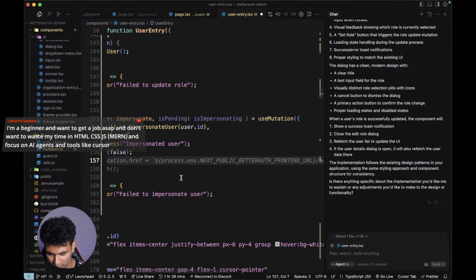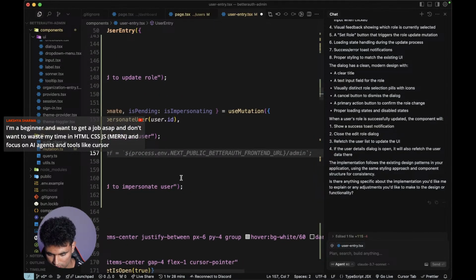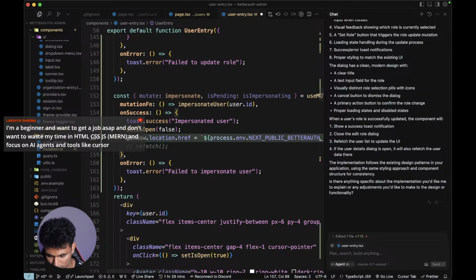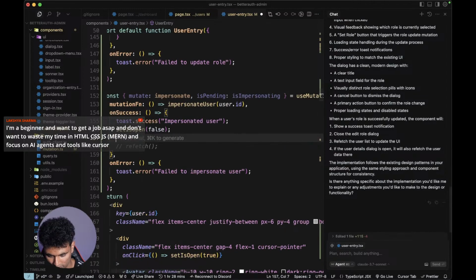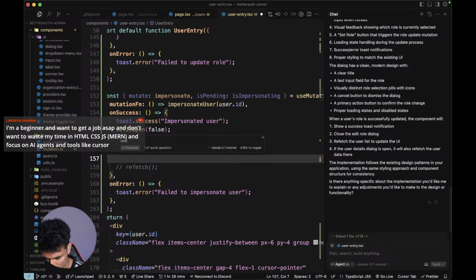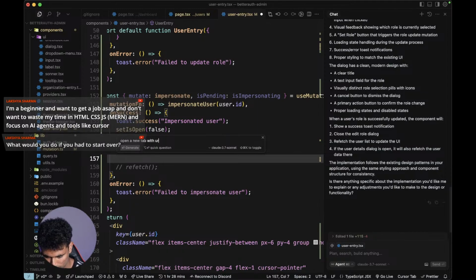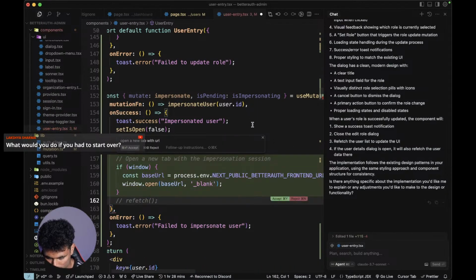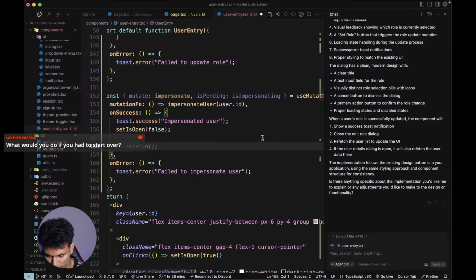what is this? I need to create a new tab. What do you mean by if window? We are